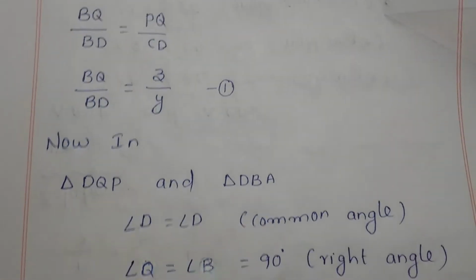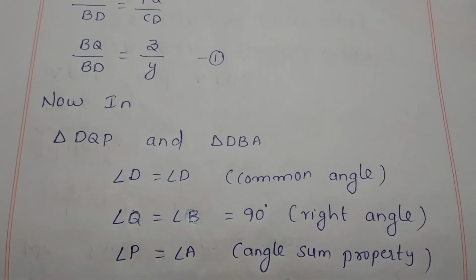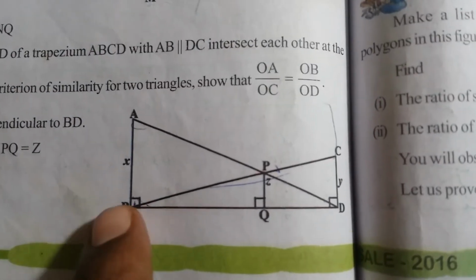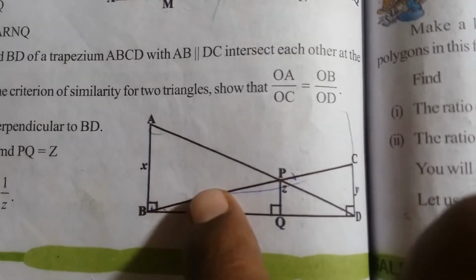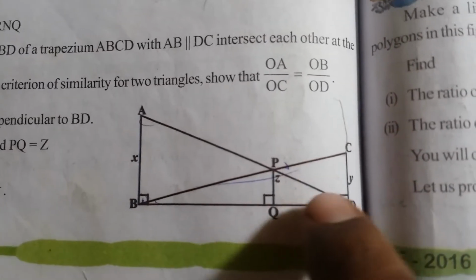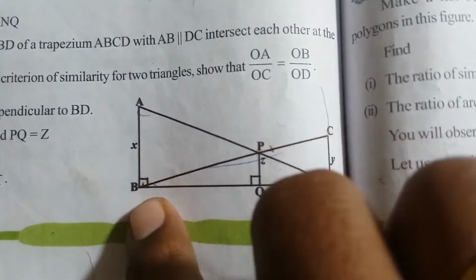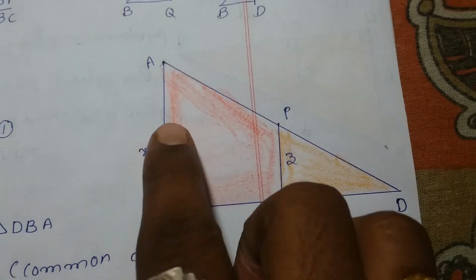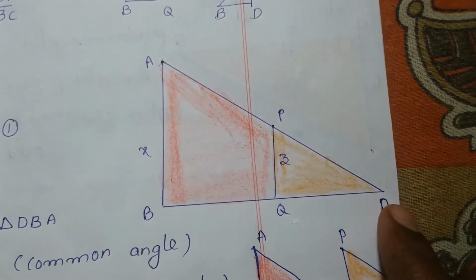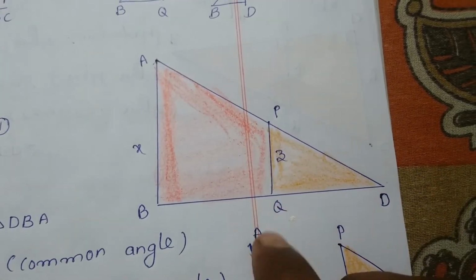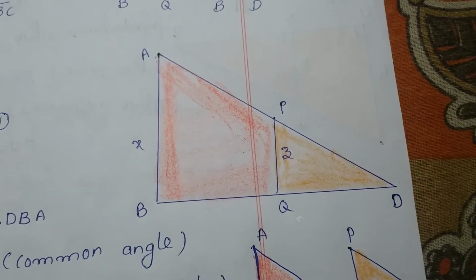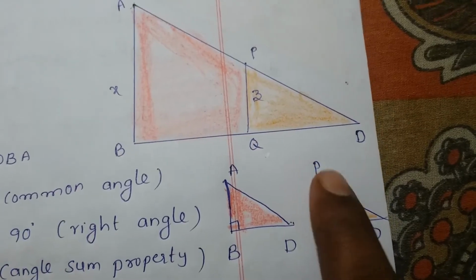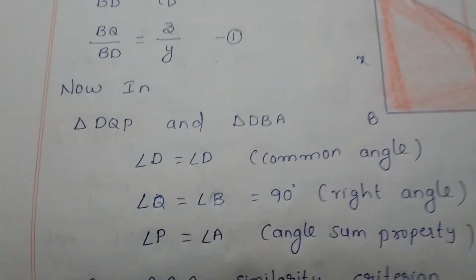Similarly, we will compare two more triangles. Now I am taking the ABD triangle. First we took the BDC triangle. This part we took in the first. Now I am taking this part. I drew this diagram separately here. So ABD is a triangle in which one more triangle is there, that is PQD. We will compare these two triangles now, that is ABD and PQD, just to see the similarities.